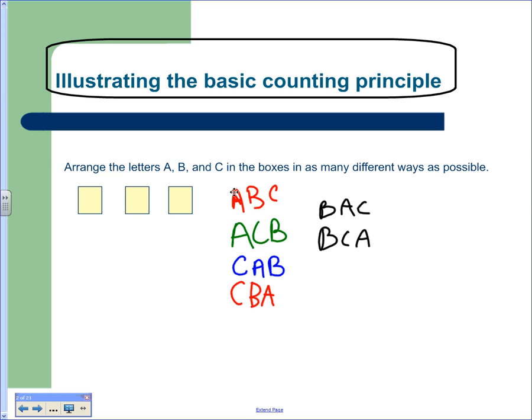All right, so how did I know that there were 6? How many letters do we have to choose from? All right, so we can put any of the 3 in that box, right? After we pick one, how many do we have left? So we pick one of those, and what do we have left? It's 3 factorial. There's a button on the calculator.